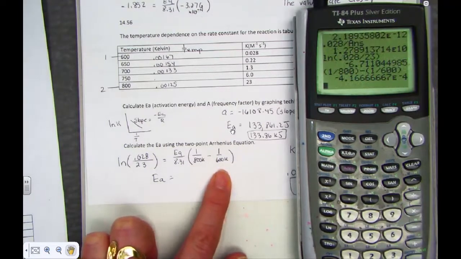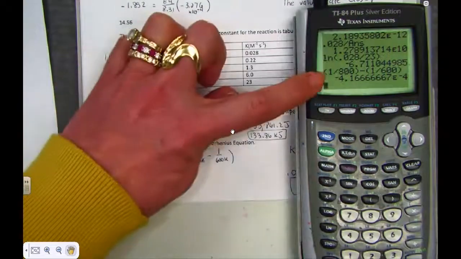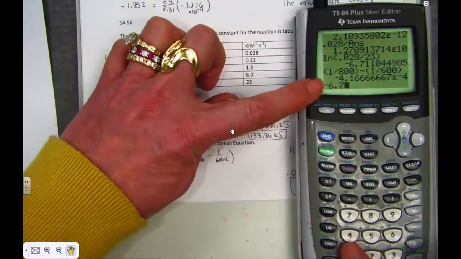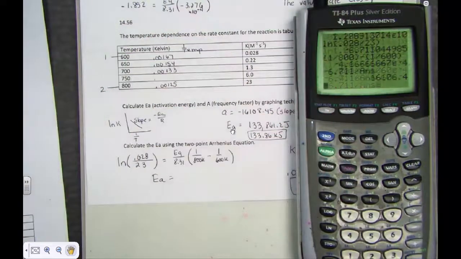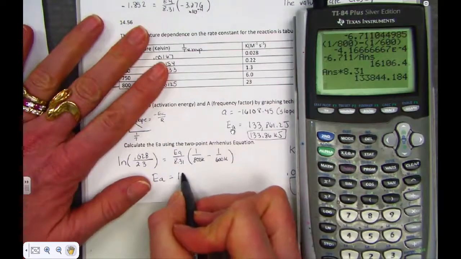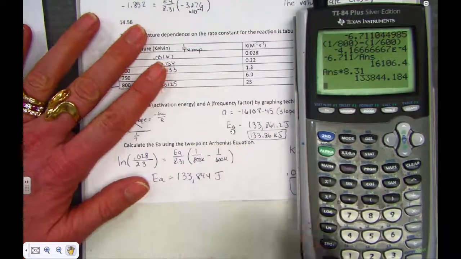We get a value. Is your screen matching mine? Let's take the left side, which we found was negative 6.711, divided by that previous answer, times 8.31. And we get a value, 133,844 joules,